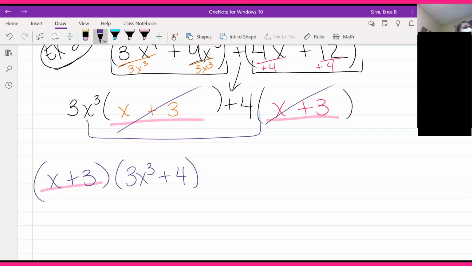All right, let's go ahead and go to factor by using the difference and sum of cubes. Now the cool thing